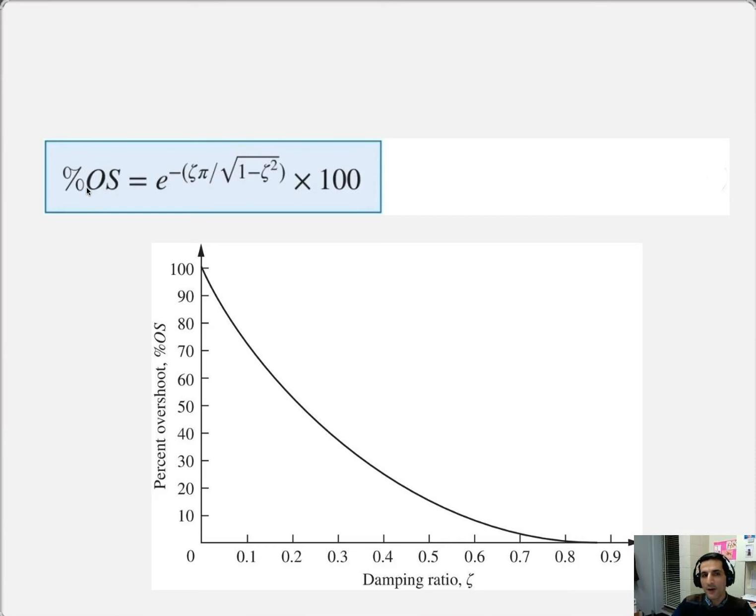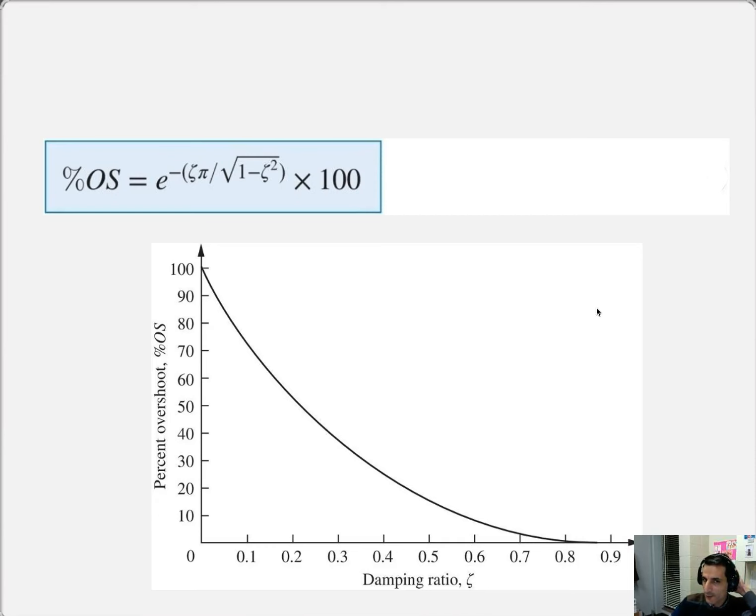That's easy. But often you're given the percentage of overshoot, and you're asked to actually determine what the zeta is. And what you end up with is to solve a second order polynomial equation. And of course, you get two values for zeta. One of them is going to be positive, the other one is going to be negative. And so you're only going to choose the one that is positive, and it's definitely going to be between 0 and 1. But again, it could be a difficult and time-consuming process to solve that second order polynomial to get zeta from percentage of overshoot. So instead of doing that,